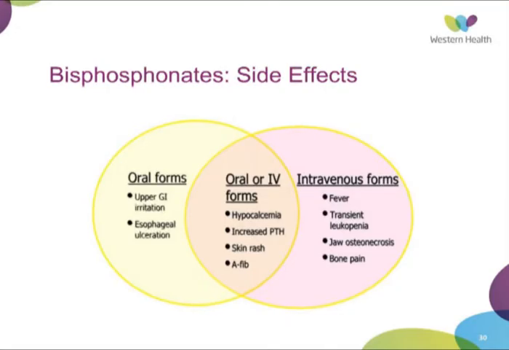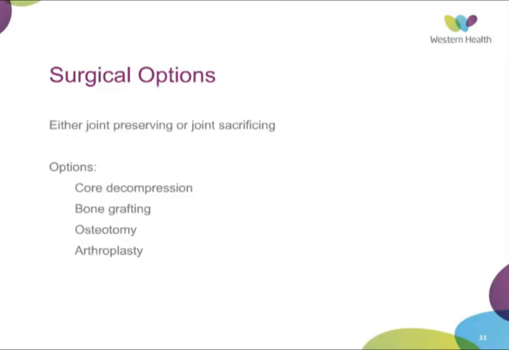Surgical options, which is really the meat of the topic here, I think can be thought of as either joint preserving or joint sacrificing, and its options include core decompression and bone grafting, which can either be vascular or non-vascular. There are osteotomies that have been described, as well as arthroplasty being the final endpoint for stage 4. Another surgical option that I haven't written there but will mention is arthrodesis, which is an option in the young population with stage 4